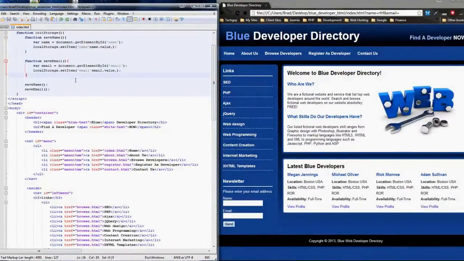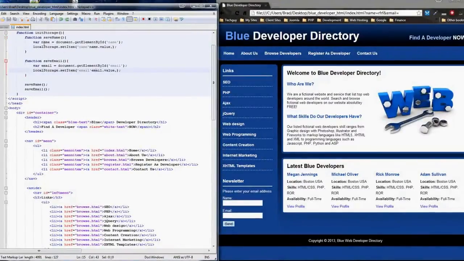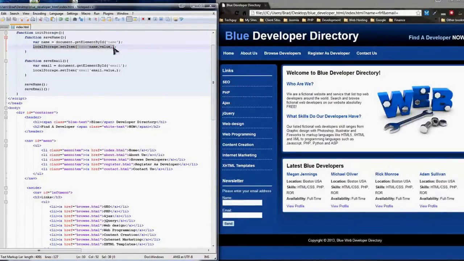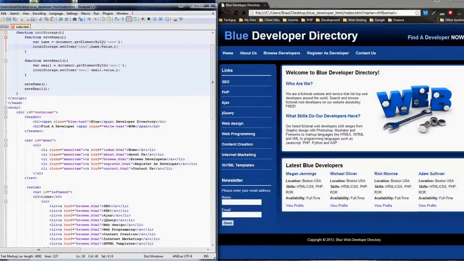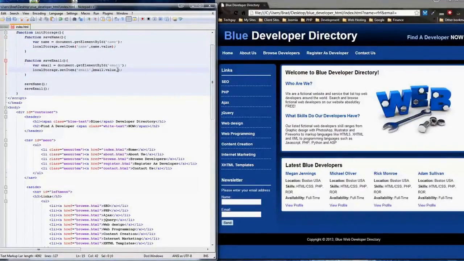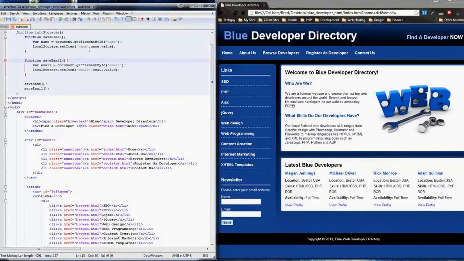So now what I'd like to do is just make sure things are working. So I just want to take this save name function. When it runs, I want it to alert the set item that we just set. Oh, there are some mistakes here. We should have a comma here and get rid of this comma, and then down here same thing, get rid of that comma. I just want to go over this and make sure everything's how it's supposed to be. Okay,